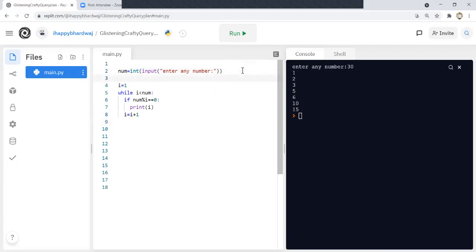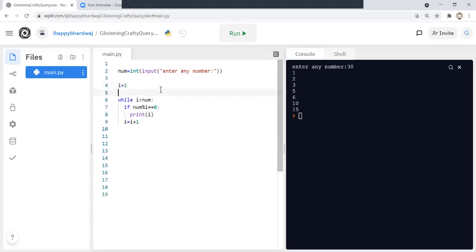So I guess till now everything is clear. You can pause and go through the code, like how the iterations are working. Simply, if I need to find the factors of 30, I'm dividing 30 by all the numbers from 1 to 29. I'm first dividing 30 by 1. If the remainder is 0, then I'm printing 1, then 2, then 3. If I divide 30 by 4, the remainder will not be 0, so I'm not printing 4. So I'm dividing 30 by all the numbers from 1 till 29. That's how I'm printing the factors.